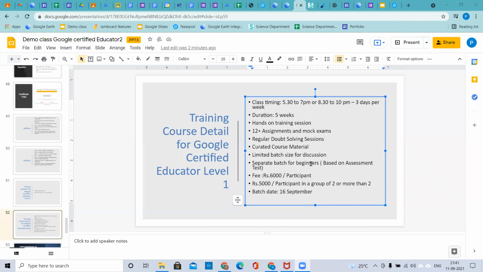By which date can we register if we want the upcoming courses? What will be the feasible date by which we can register ourselves? You have to register as soon as possible. Otherwise, you will get the next date in the month of October because we take a limited number of participants in each batch. Okay. Sir, this recording I will get on my email ID, right? Yes, yes. Okay. Thank you so much.